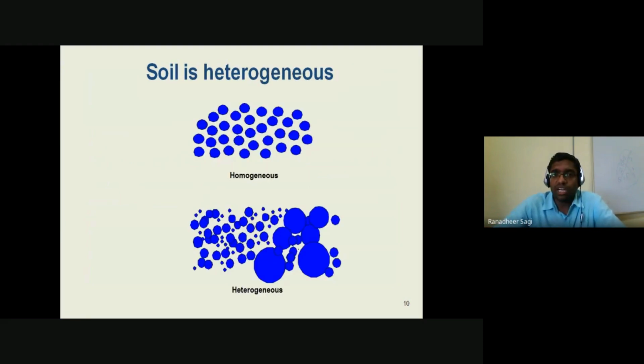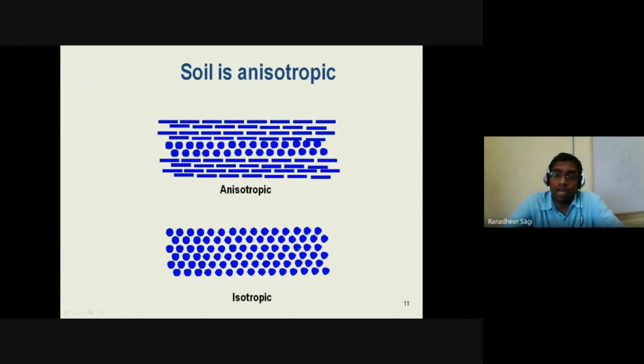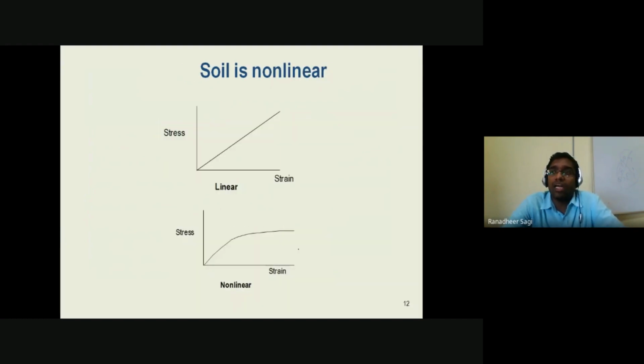Generally the soil is considered to be non-homogeneous, non-isotropic, and it will certainly have non-linear behavior. However, to make life simple in the analysis of any structures, at the basic level we assume that the soil is homogeneous and isotropic, and that it obeys Hooke's law. However, in reality, this may not be so.